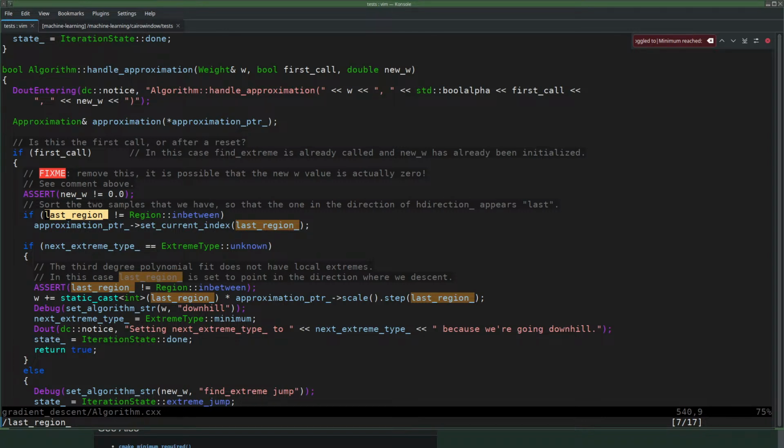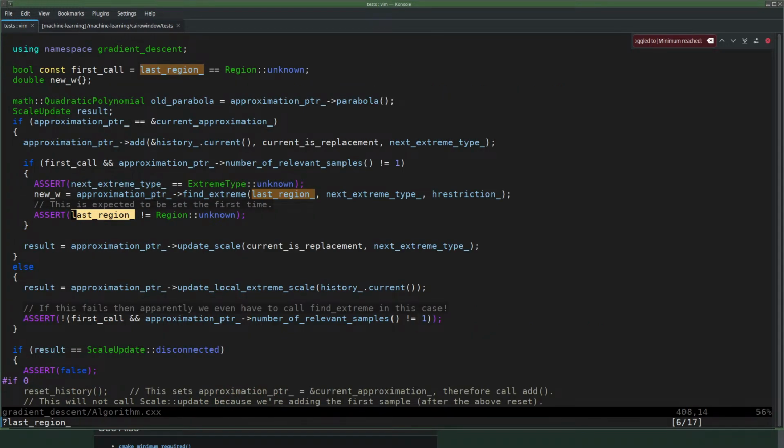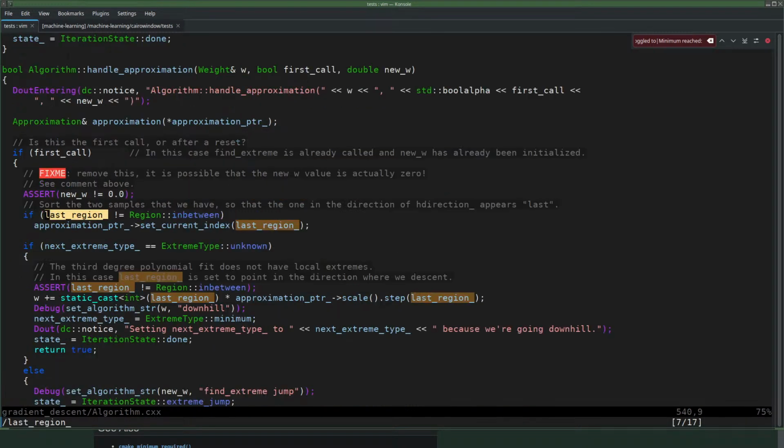This is like the opposite. So I'm invalidating last region by setting it to unknown with the result that first call is set. And my wish is then that as a result of that, I will call find extreme. And then here I get